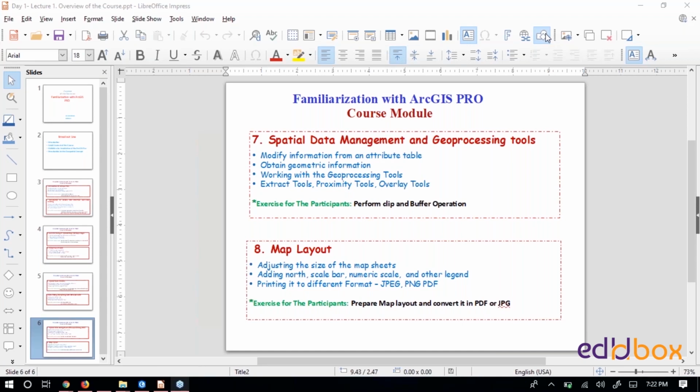The last two segments, the first one being how to manage the spatial data and working with some geoprocessing tools, and then the last one would be working on map layouts. So when it comes to spatial data management and working with geoprocessing tools, it is something which is not really new. You have been working on it, and I have been mentioning it,